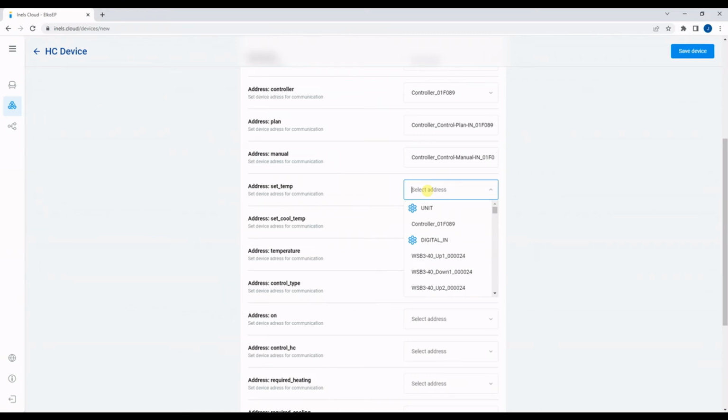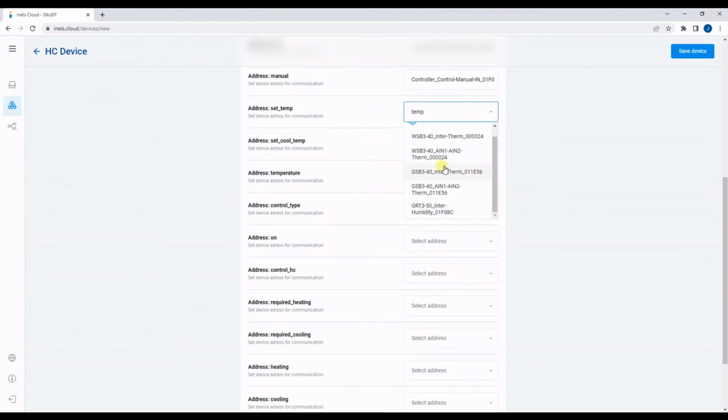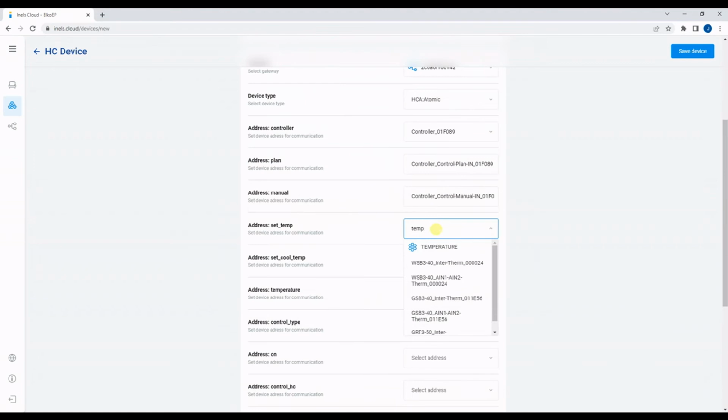So we will type controller required temperature output,